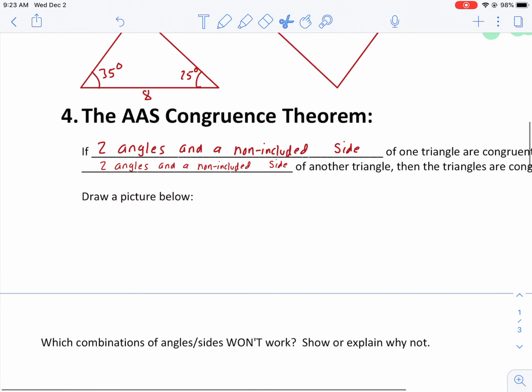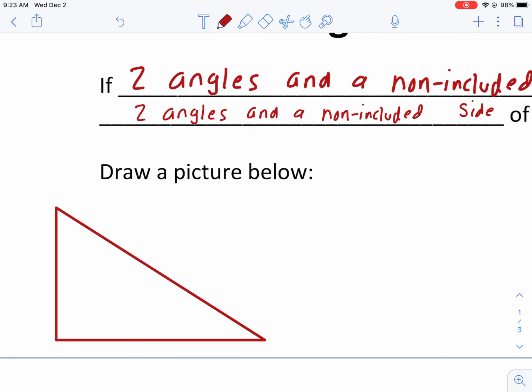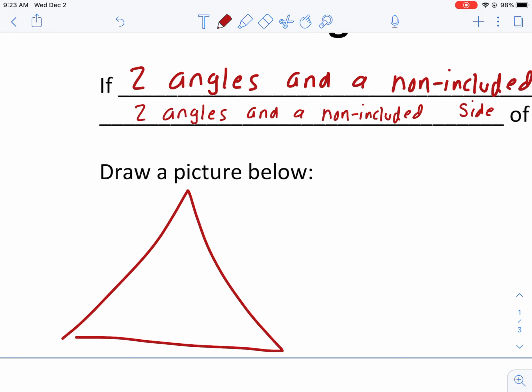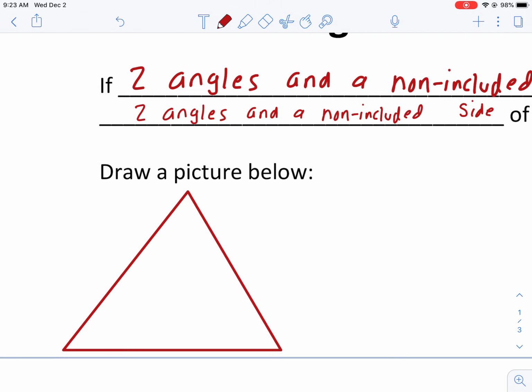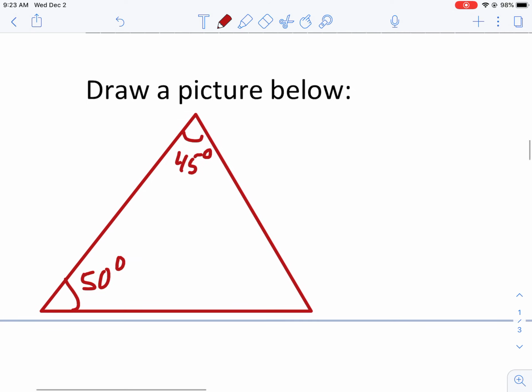All right, then those 2 triangles are congruent. All right, so again, oh, that's a right triangle. Don't want that. It could be a right triangle. All right, so how would this one look? Let's say that's 50 degrees. Say this is 45 degrees. So if you have 2 angles, and it could be either of these 2 sides, we could say